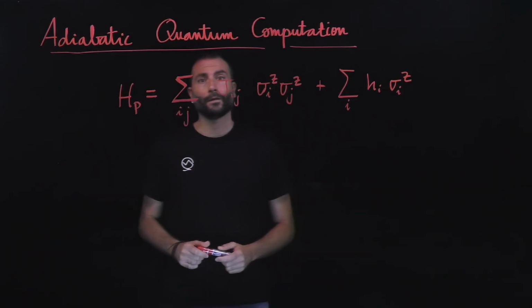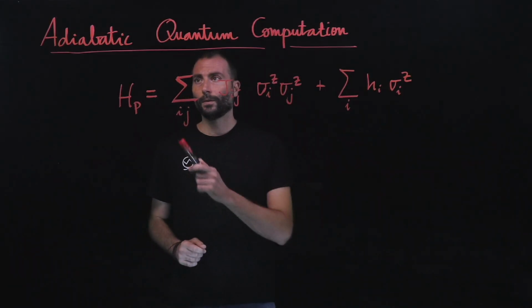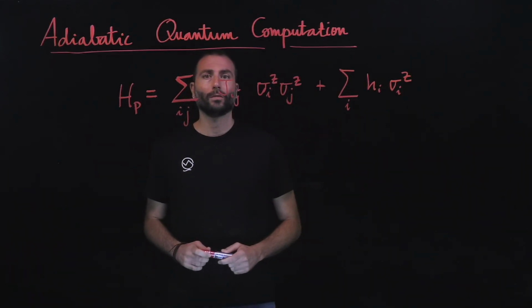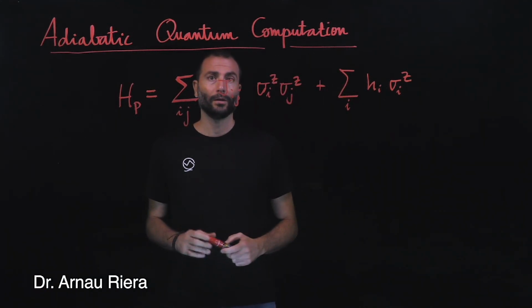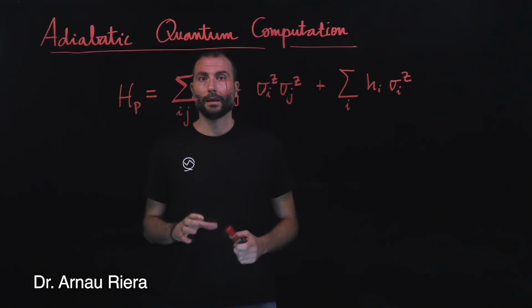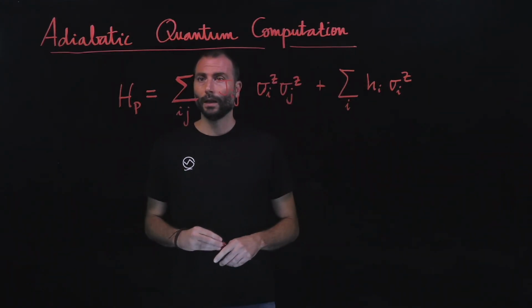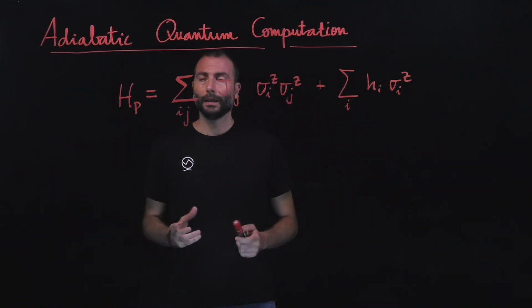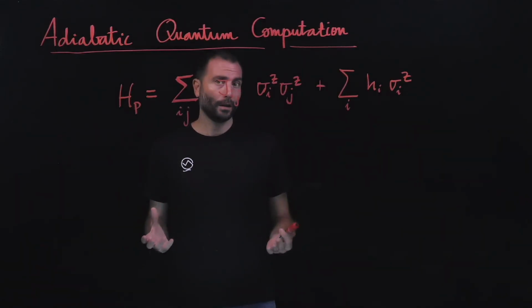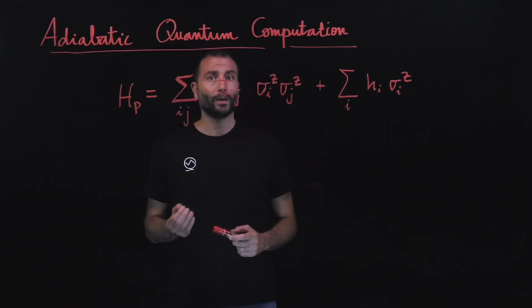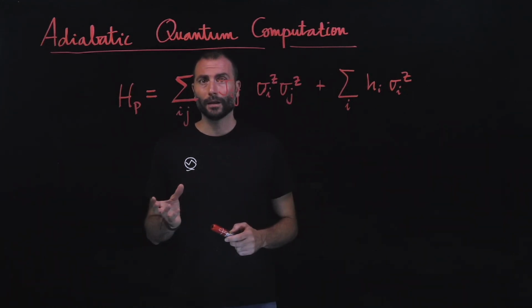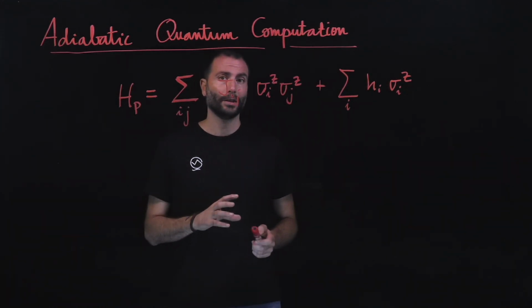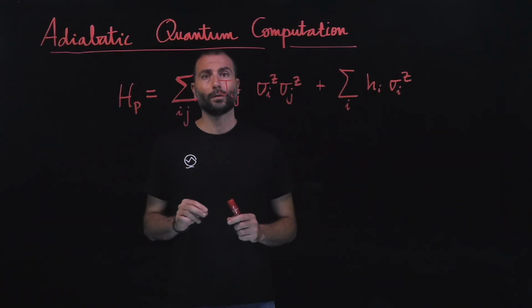So the objective of this session is to introduce the adiabatic quantum computation algorithm, which is a particular case of quantum annealing. Quantum annealing is a family of algorithms that are designed to be run in analog computers. The difference between an analog computer and a digital computer is that in the digital computer